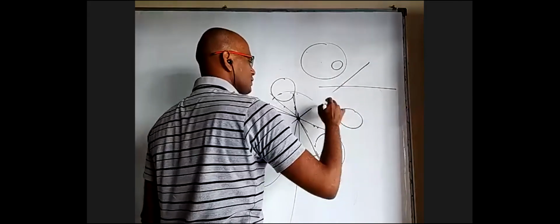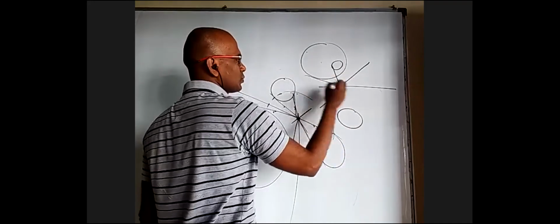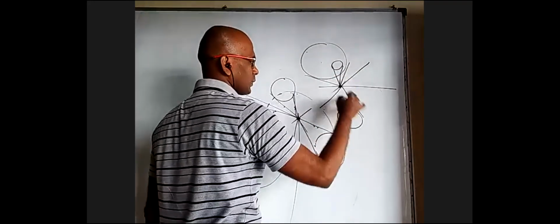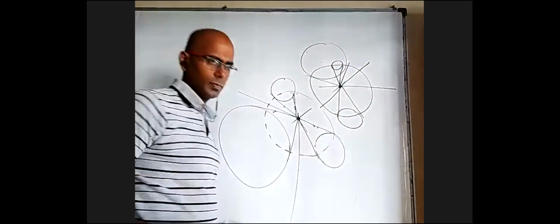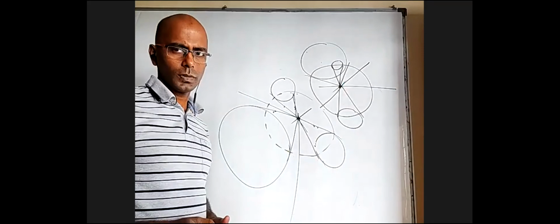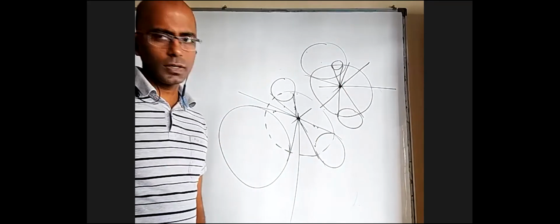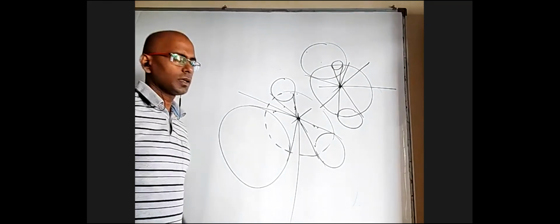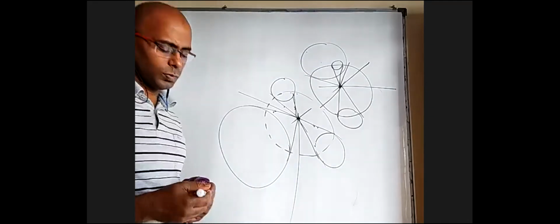The radical axis of this and this will be somewhat like this. And from that, definitely the lengths of tangent to all of them are equal. And you definitely get a circle intersecting all of them orthogonally. Possible. Okay, as long as the centers of the three circles are not collinear, definitely there will be a radical center. If the centers are collinear, then what happens is the radical axes will become parallel. There is no point of concurrence.